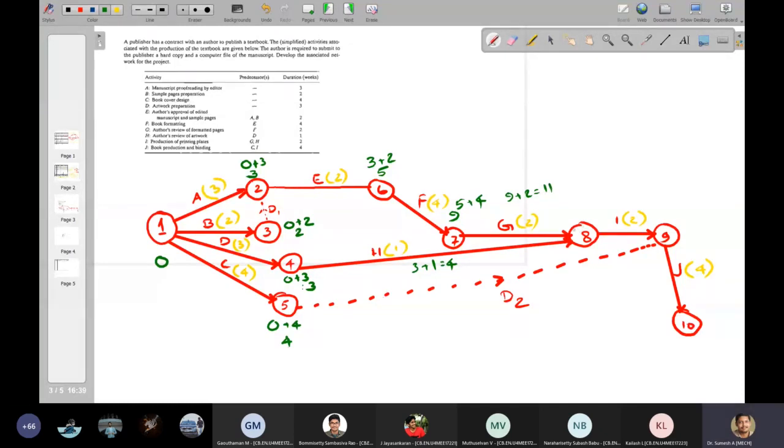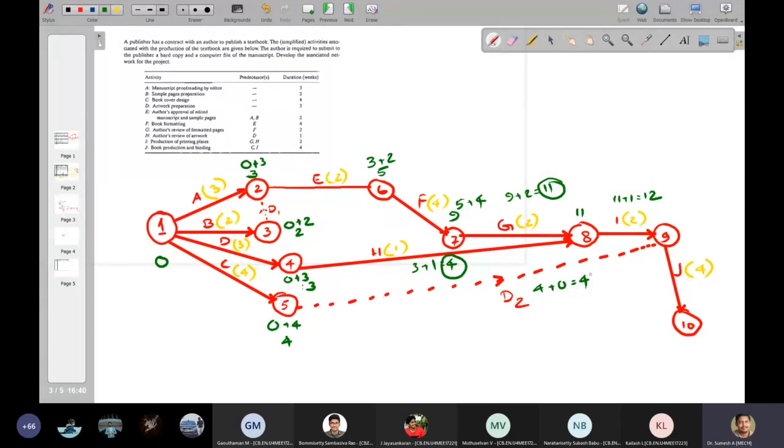You have the option of 4 and the option of 11. When you have two options like that, the largest one you have to write. So that will be 11. Again, 11 plus 1 equals 12. Here this is a dummy, but it has a duration of 4 plus 0, that is 4. So the largest among 4 and 12 is 12.